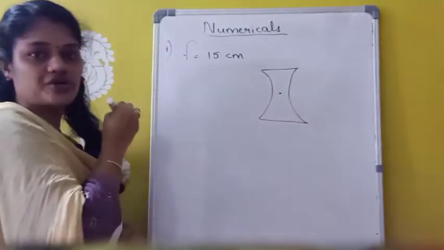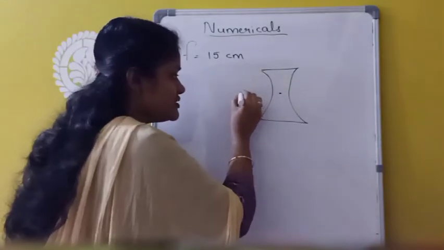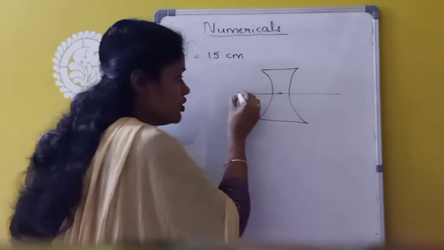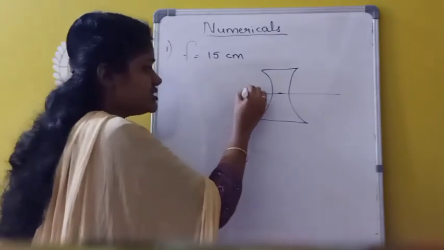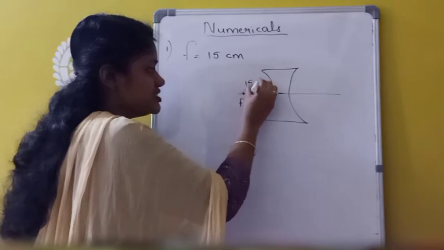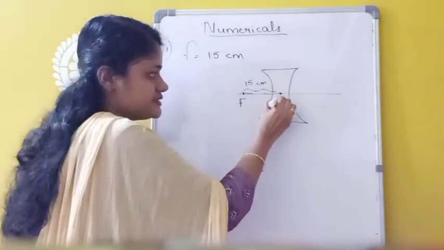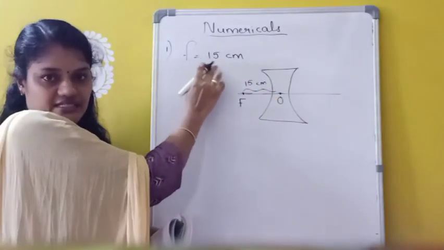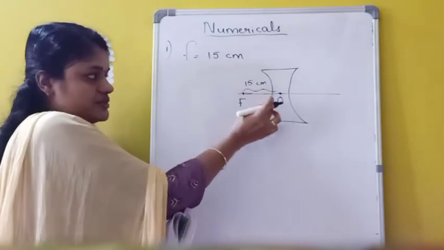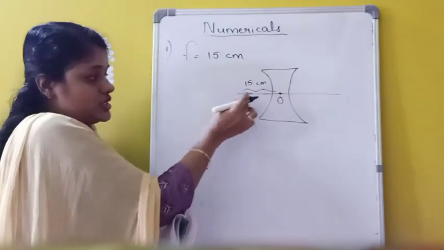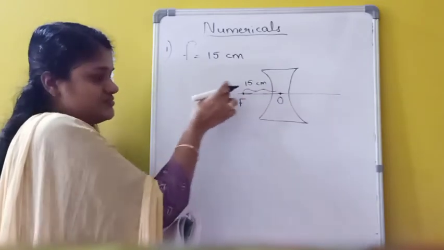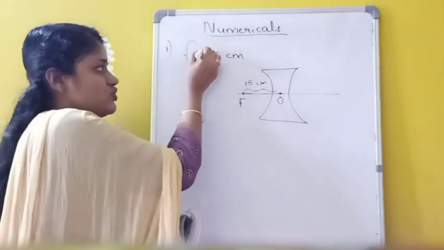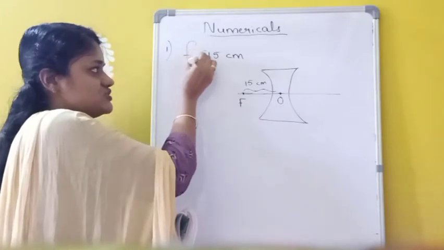So in the case of concave lens, the first principal focus will be on the left hand side. So here only the focus. This focal length is given as how much here? 15 centimeter. So this is the optic center. This focal length is given as 15 centimeter. And this focal length we are measuring from where? From the optic center towards left direction. So whenever we are measuring distance towards the left, it is taken as which one? Negative. So this focal length of concave lens is always negative.